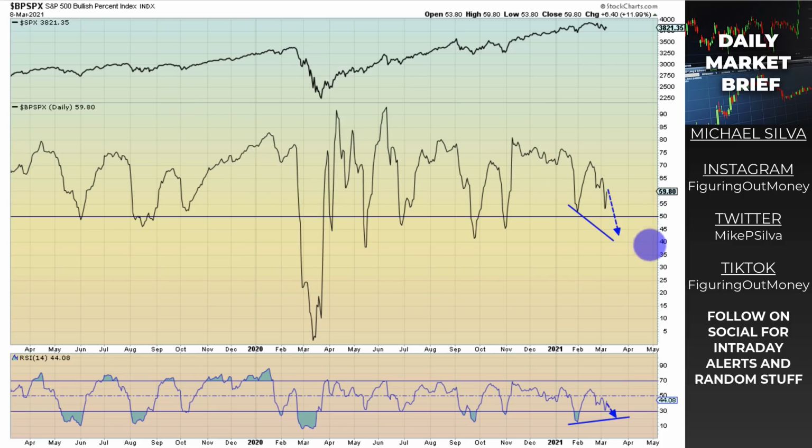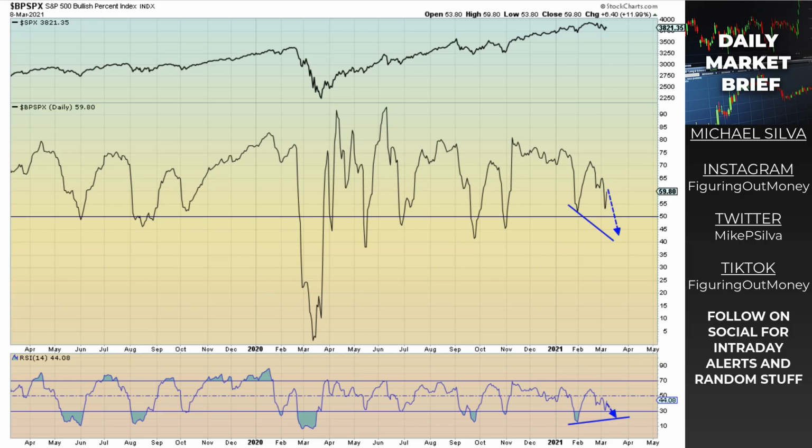Now, here's the BP SPX. This is the S&P 500 percent of stocks on the buy signal. Also an up day, right? So very interesting price action. And this is a positive divergence here, technically a positive divergence right here. I thought we might see it head a little bit lower. We still may. That's still a possibility. But just note that we saw some strength in the internals today.